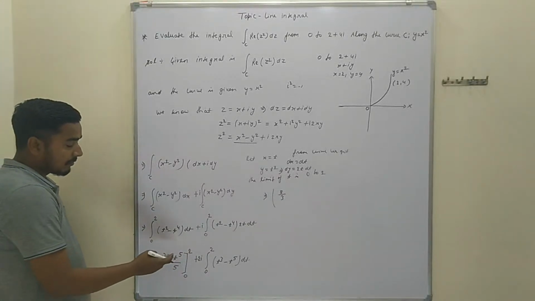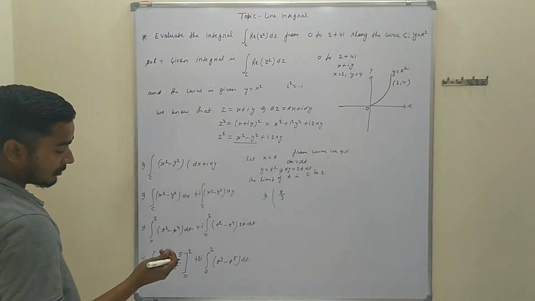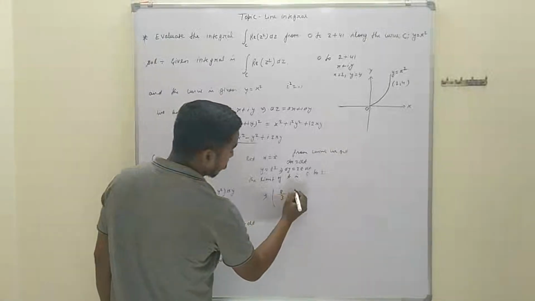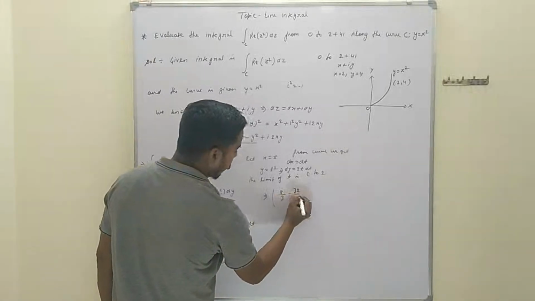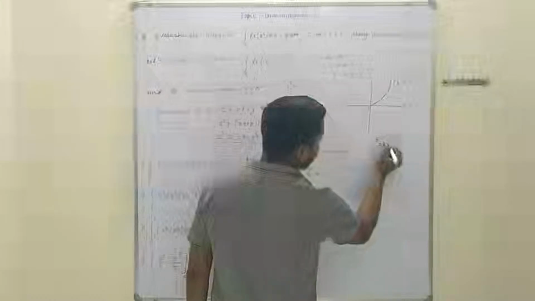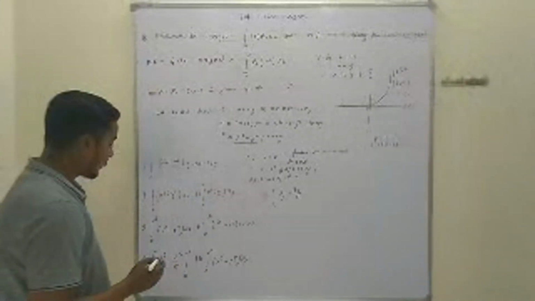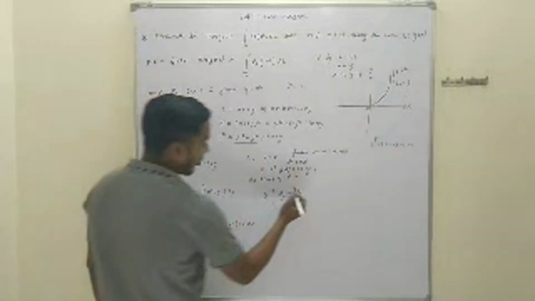2 times 2 to the 4, 4 to the 8, 16, 6 to the 32, this gives minus 32 upon 5. We calculate 2 to the 5 once again: it is 2 into 2 into 2 into 2 into 2, 2 to the 4, 4 to the 8, 16, 6 to the 32. Further we put in the lower limit, we get 0, and